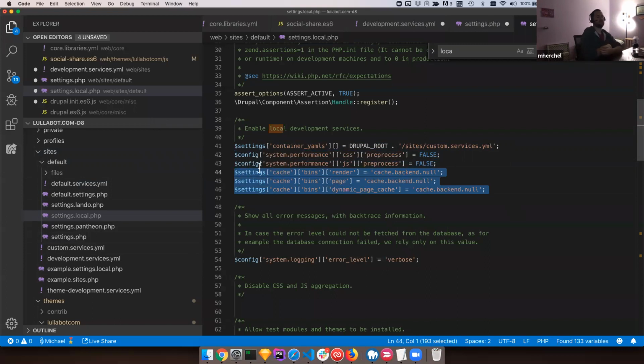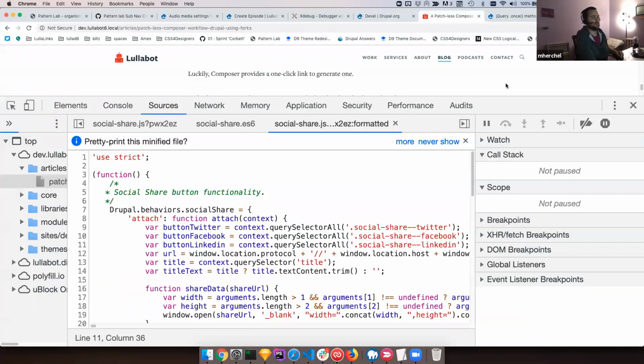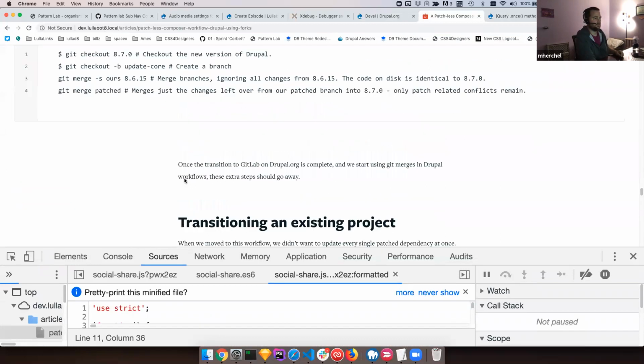So there's render, page, and then dynamic page cache. And you just set those. The caching is still activated, the system is still there, but when it tries to cache, it caches to null, which means it doesn't cache anything because you can't really query null. So all these things in general will turn on Twig debugging and stuff. And so I'm going to show you